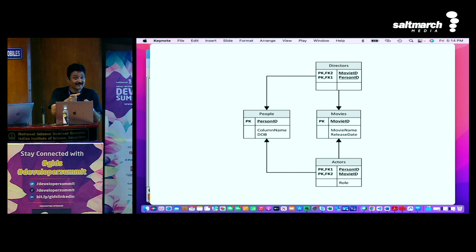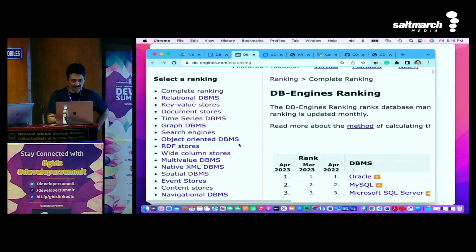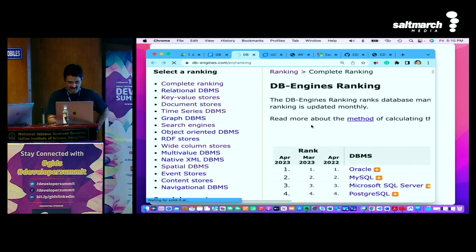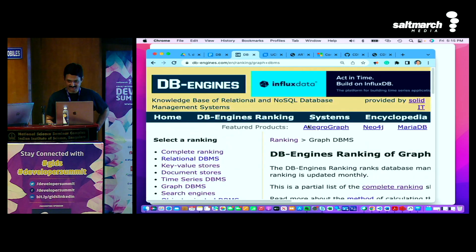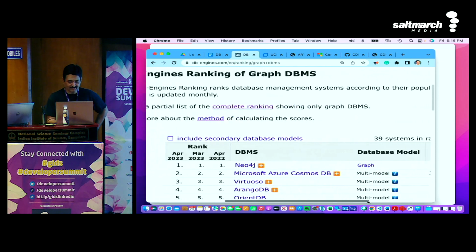What are they using in that case? Graph database. Neo4j is one database. There are other graph databases. So let's go to the graph databases. Yeah, so we are on the same page. It's coming, a little slow, but it's okay. So graph databases are there. Neo4j is one database, but that's not the only one. All the other databases are coming up.